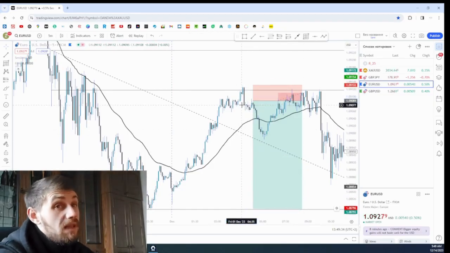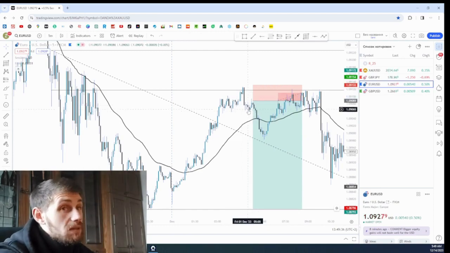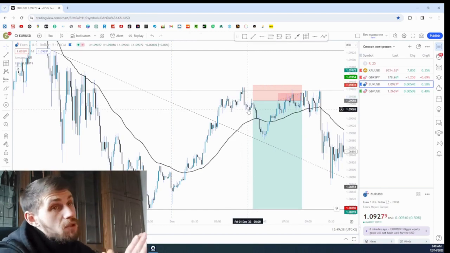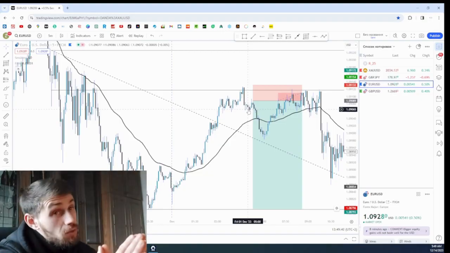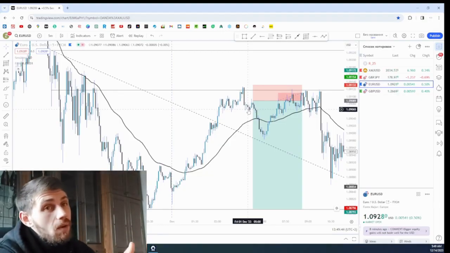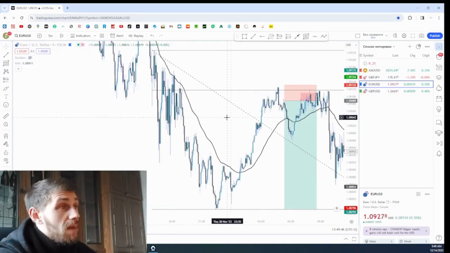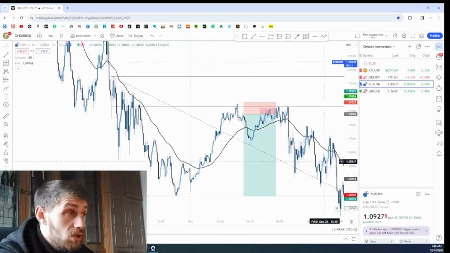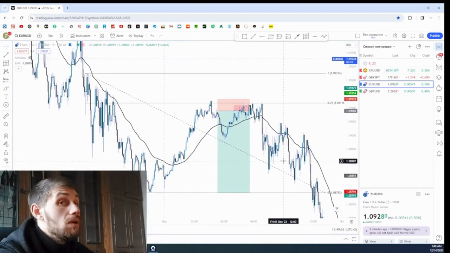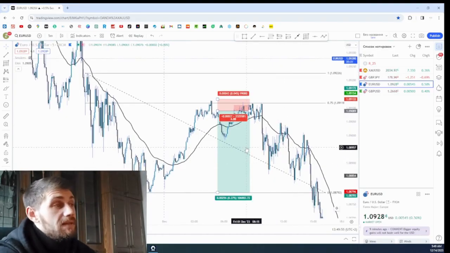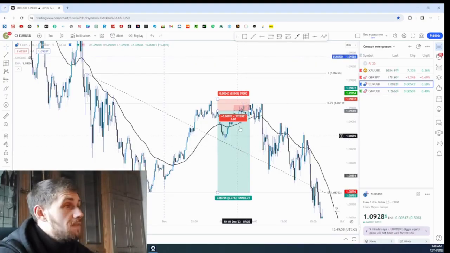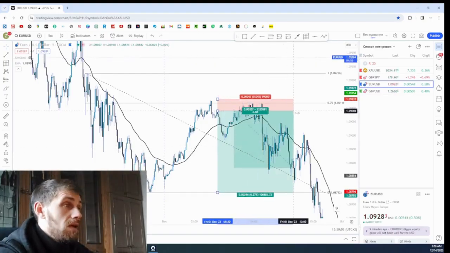Obviously, that's a picky and random scenario, but the reason I'm showing you that, guys, is so you can pay attention to how to manage your trades. And you can just try it out on your own strategy. I'm not telling you to use my strategy, I'm just telling you to use your strategy, but to implement this bullish and bearish engulfing. That's nice. It's very beautiful. It works perfectly,